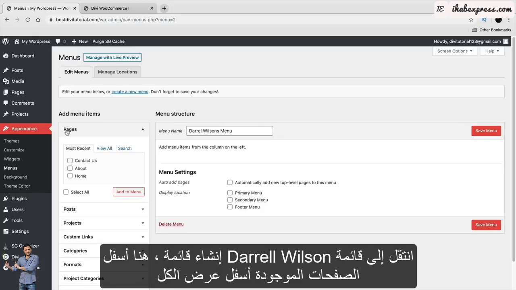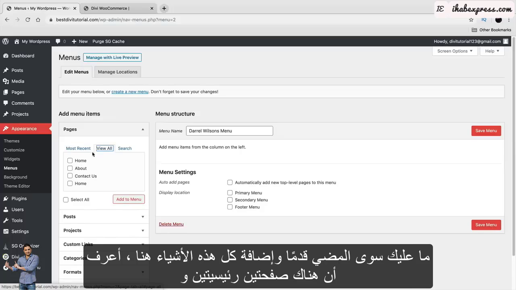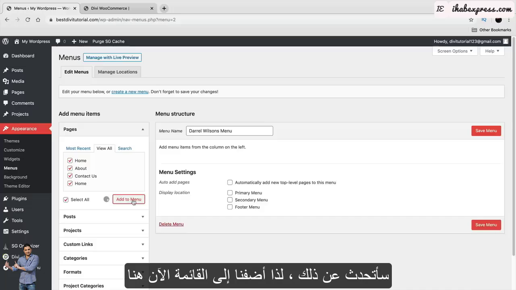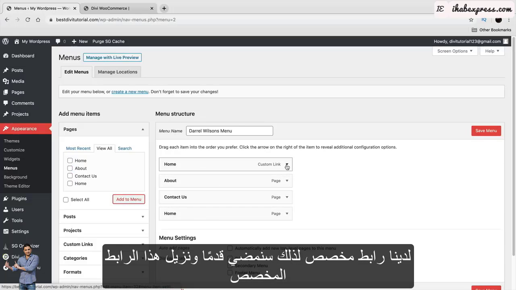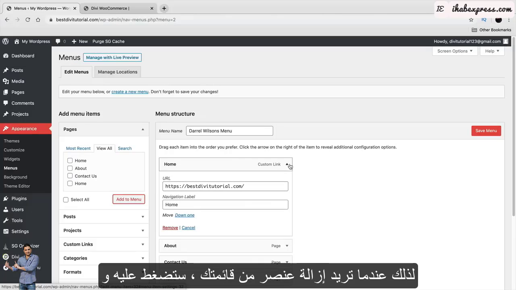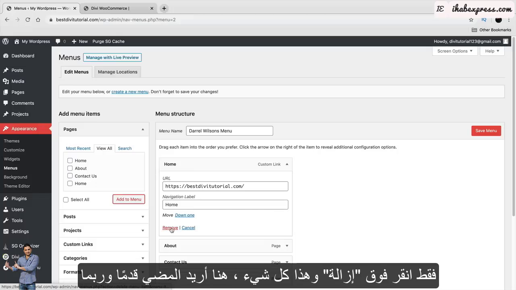Now over here under Pages, under View All, just go ahead and add all of these right here. I know there's two home pages, and I'll talk about why. So right here we have Add to Menu. Now right here we have Custom Link. So the custom link, we're going to go ahead and remove this. So whenever you want to remove an item from your menu, you'll click on it and just click on Remove,